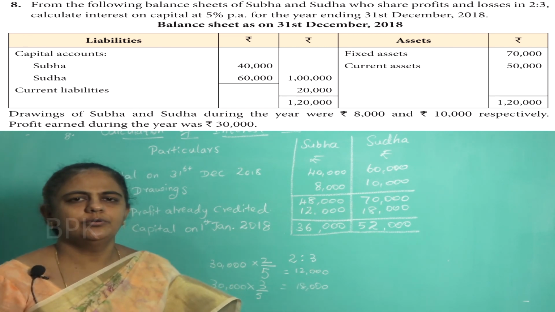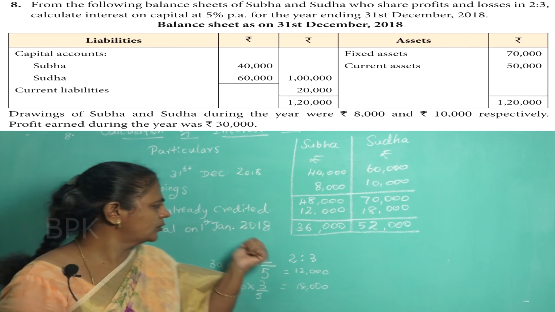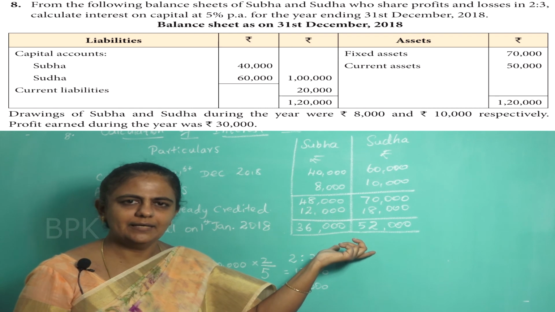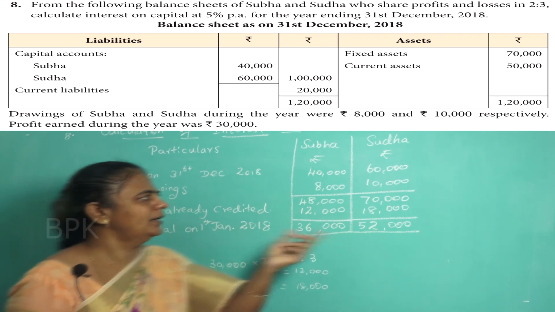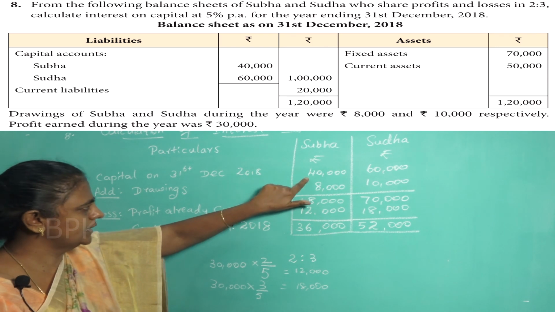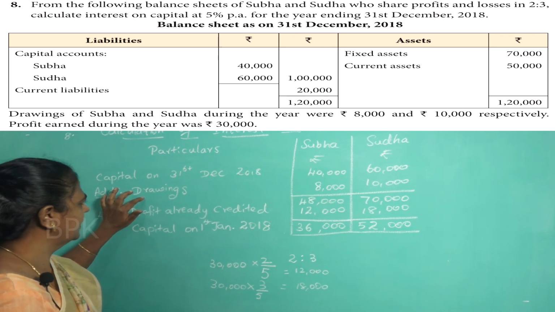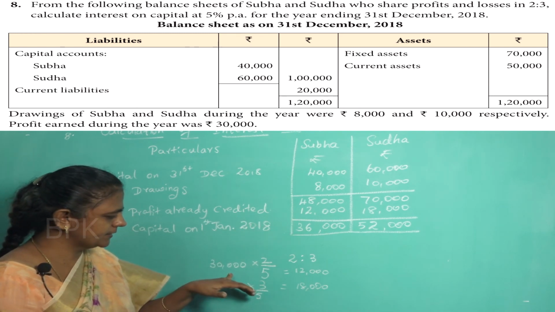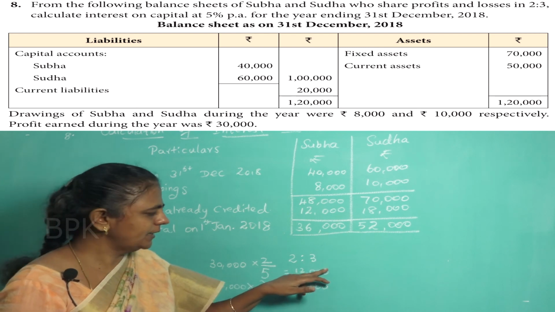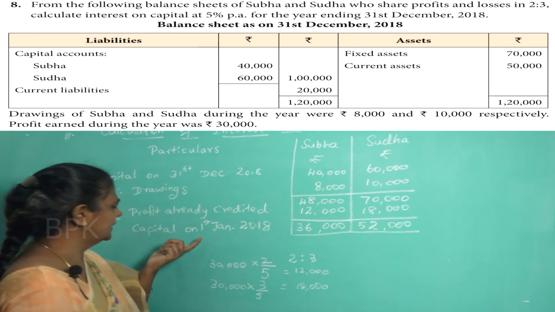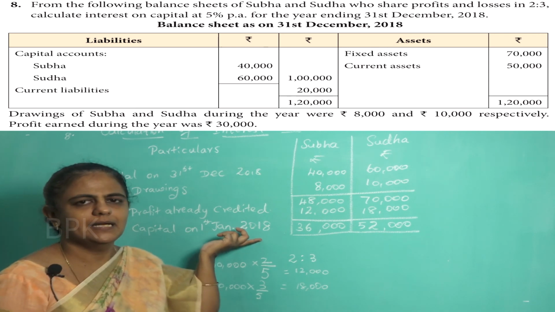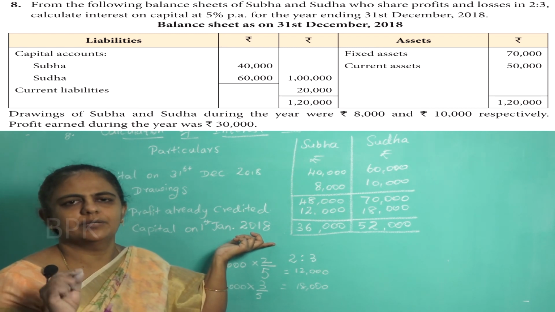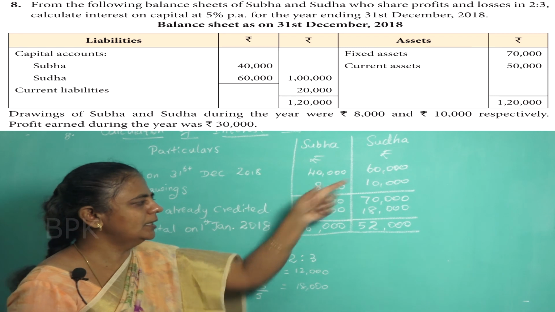Now what you have to do? Now you have to calculate the interest on this opening capital. Is it clear? Why am I preparing this statement? Just to calculate opening capital. How to calculate opening capital? Closing capital is given, take closing capital, with that you add drawings and deduct profit. So before deducting profit, the total amount of profit is given, that you divide in the ratio of 2:3 for both the partners, and you calculate the capital on 1st January, that is the capital at the beginning, opening capital. On this opening capital only we are going to calculate interest on capital for both the partners.